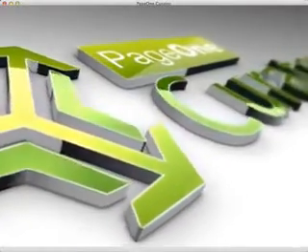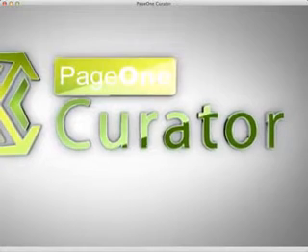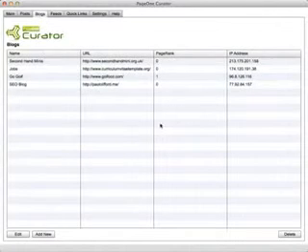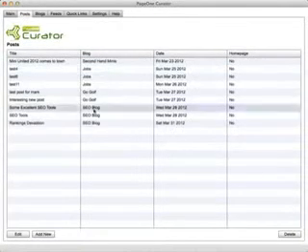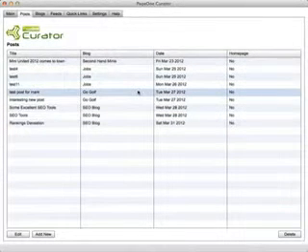So within Page 1 Curator, you start off in the editor window, and this is a very rich text editing window that offers a whole variety of options to stylize your text and ensure that it's dynamic and captures the eye. And then what you can do is set up your blogs, your complete blog empire, in the tool so that you can remotely post to any of your blogs at any one time, and all the posts that you make are also tracked so that you can keep an eye on them, and indeed you can even re-edit them